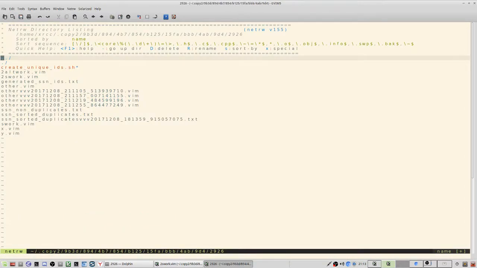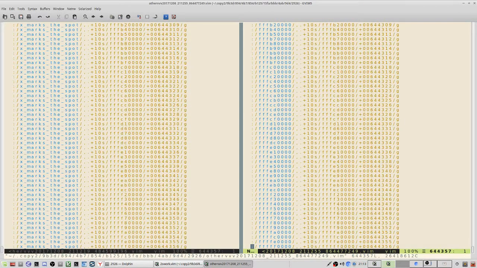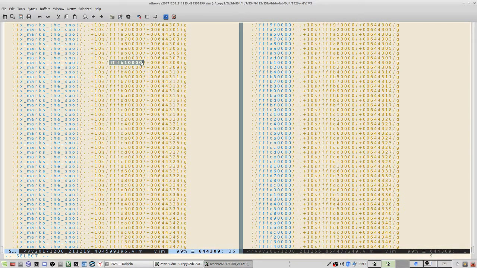Let's do a comparison. Okay, so what this did is it took this string here on a particular line and it placed it here so that we can find